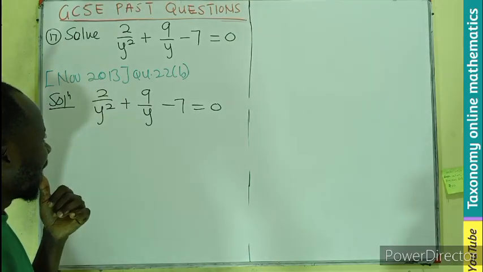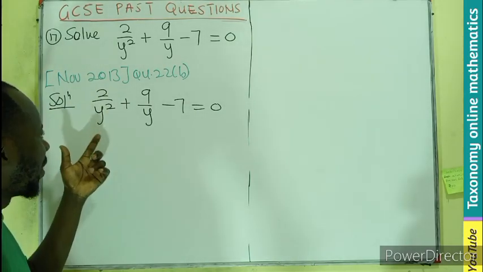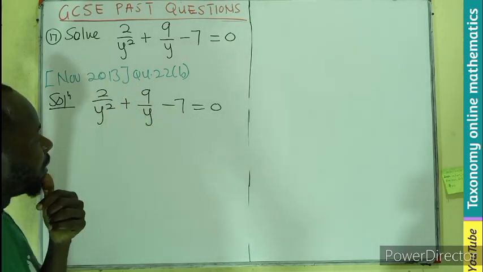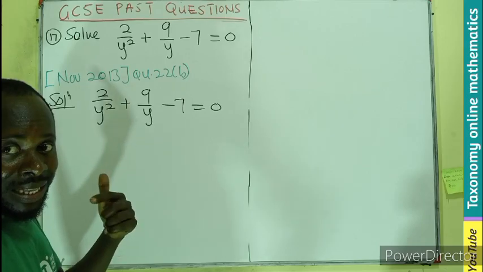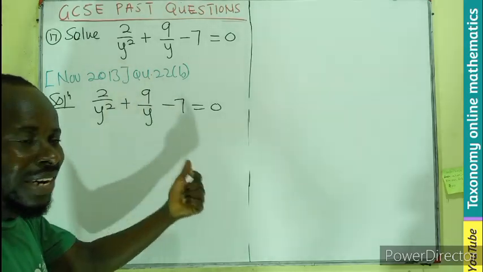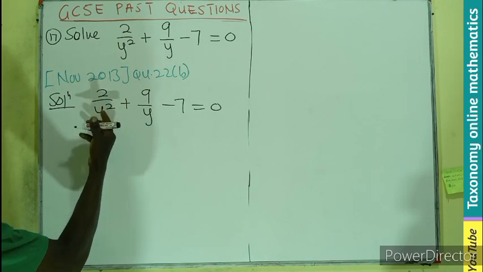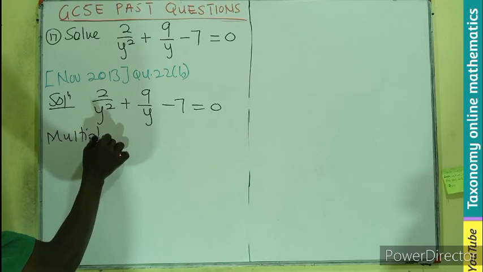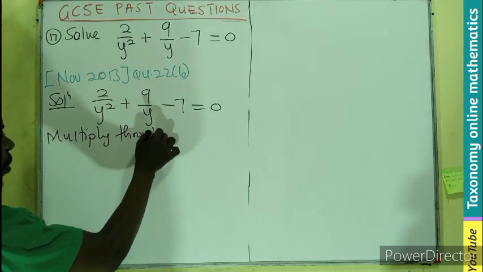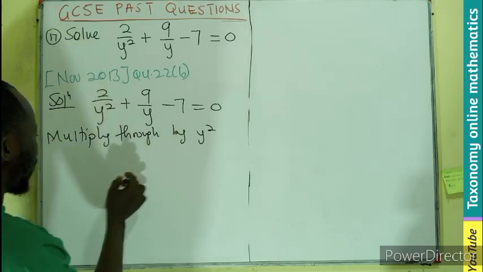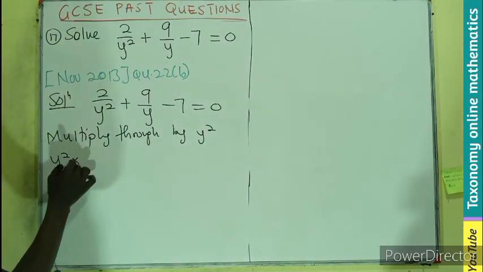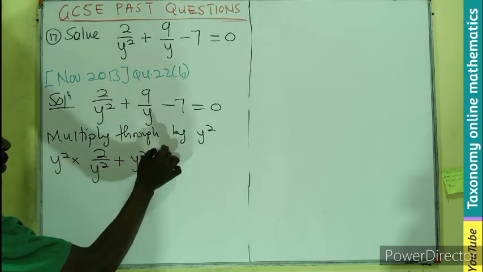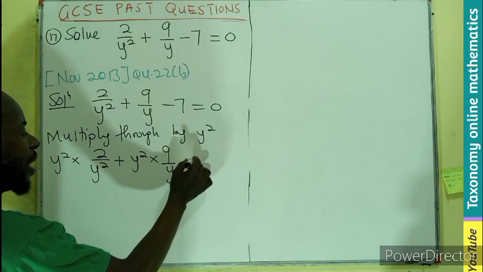term to deal with. And our denominators are y squared and y. So we find the LCM, the term that each of the denominators can easily divide. And that will be y squared. So here we multiply by y squared, meaning y squared times 2 on y squared plus y squared times 9 on y minus 7